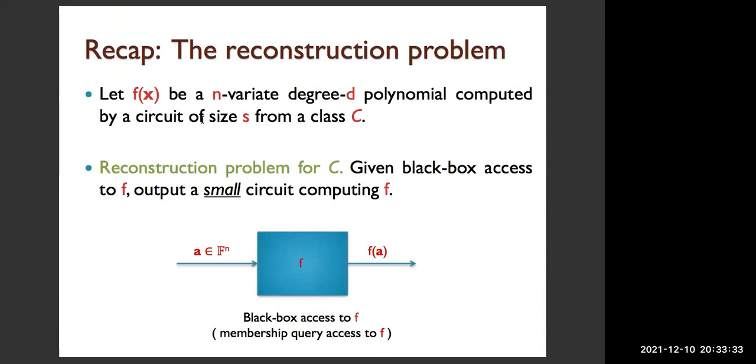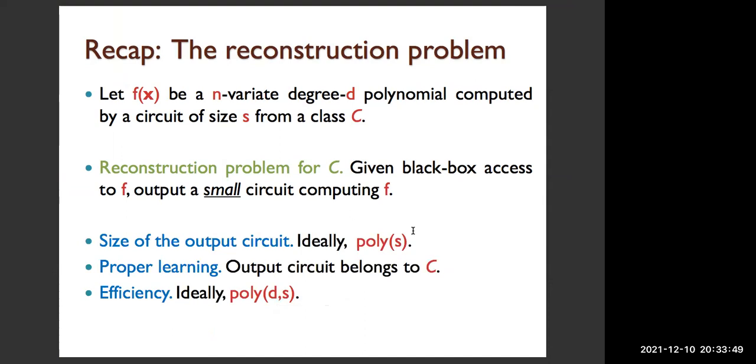Recall that we are given black box access to an n-variate polynomial of degree d with the promise that it can be computed by a circuit of size s, and we have to output a small circuit computing the same polynomial f. Three desirable properties of reconstruction are: the output circuit should have small size, ideally poly s, and ideally we should do proper learning. That means that the output circuit should also belong to the same class as the input circuit C, and the algorithm should be efficient. It means that it should have time complexity polynomial in the usual parameters,